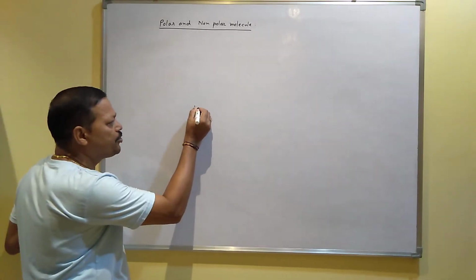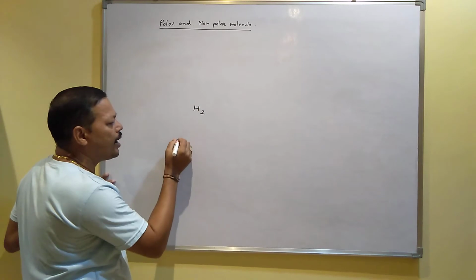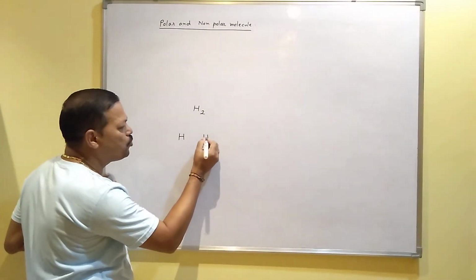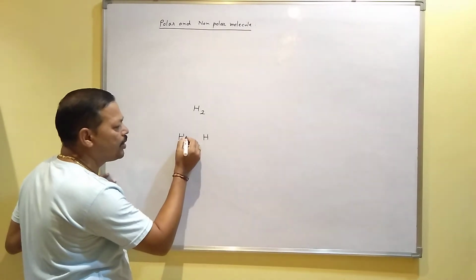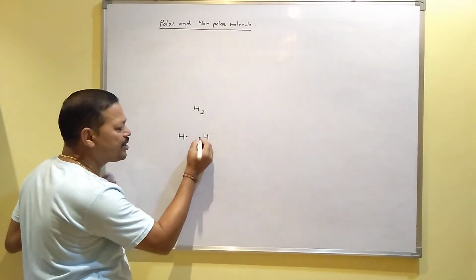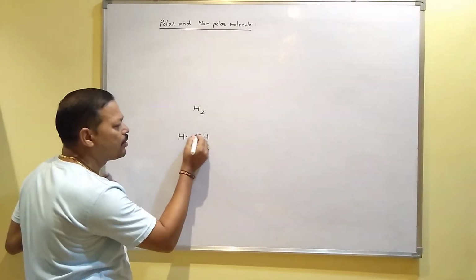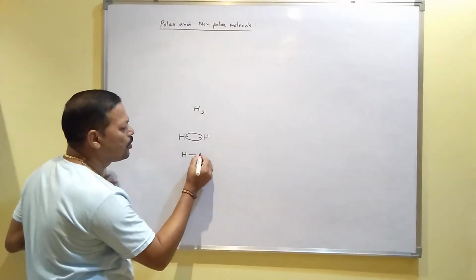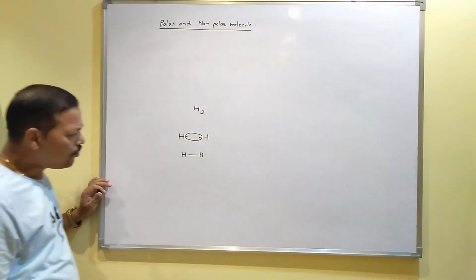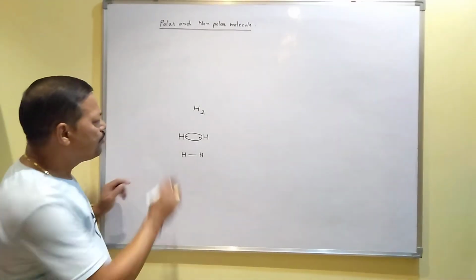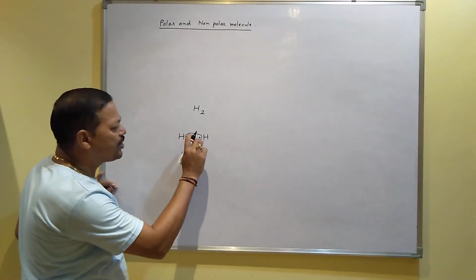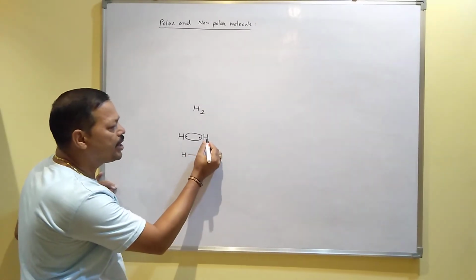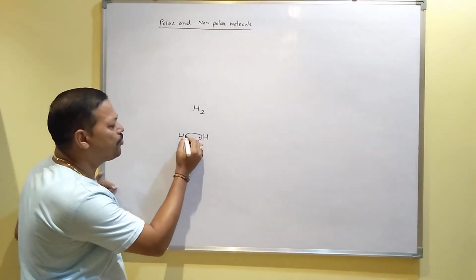If you consider a hydrogen molecule, it contains a covalent bond between two hydrogen atoms. The electron of one hydrogen shares with the electron of another hydrogen and they produce the covalent bond like this. This hydrogen atom attracts the electron of this hydrogen atom, and similarly this hydrogen atom attracts the electron of this